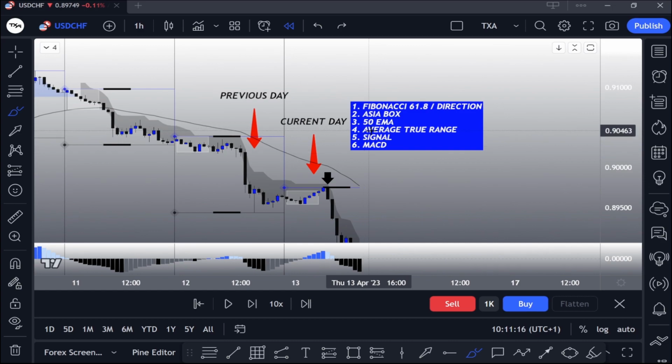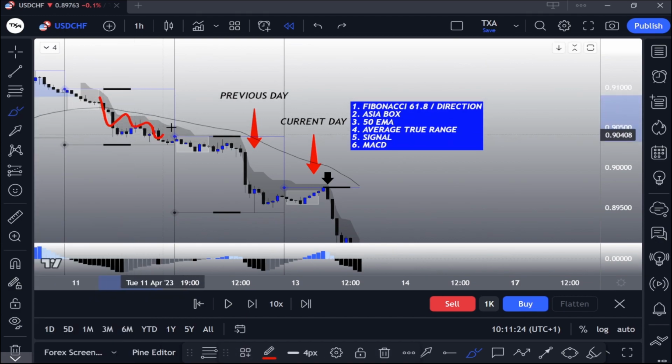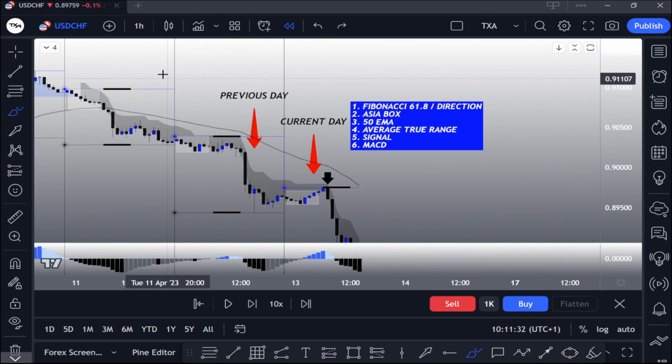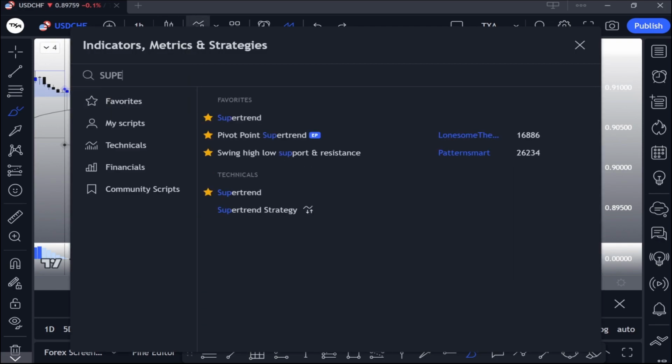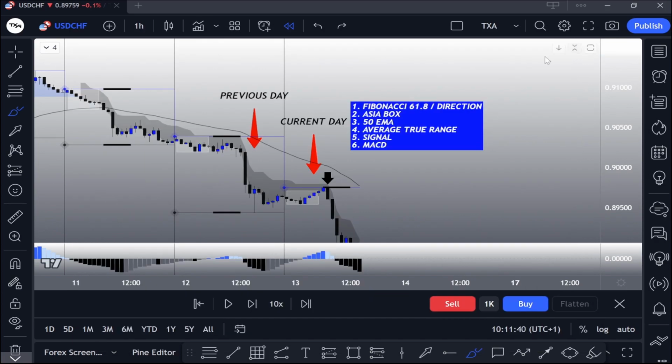And then we have an average true range. So you see this section where we have a gray shadow, all the sections here. That is actually an indicator called the super trend. So you go into your indicators, type super trend. This is it right here. Once you click on it,